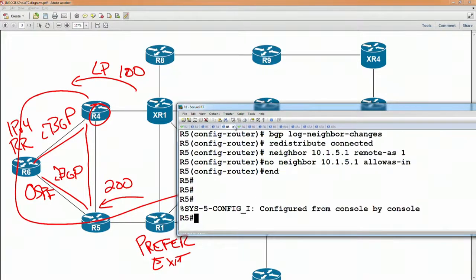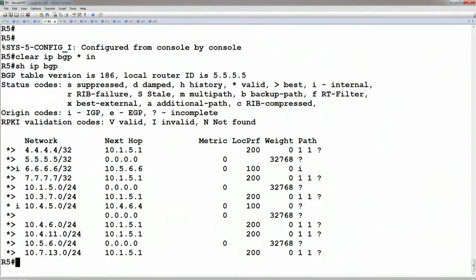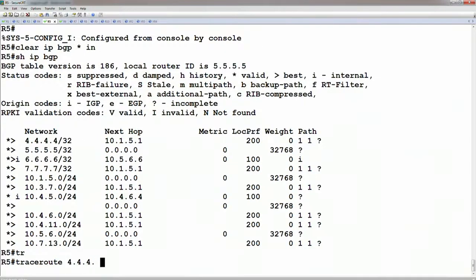Okay, on router 5, if we then say clear ip bgp * in, let's look at the end result of this. If we show ip bgp, now when we're receiving those routes inbound, we're receiving them with a path that is 1, 1 as opposed to 1, 456. So from router 4 and router 5, when we do a trace between their loopbacks, and we source this